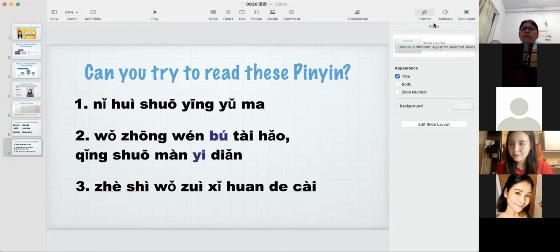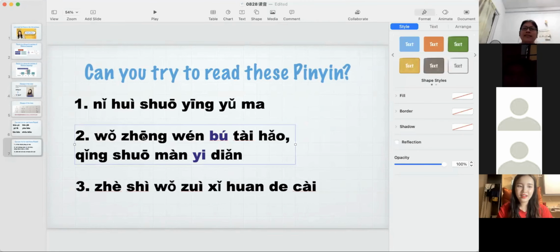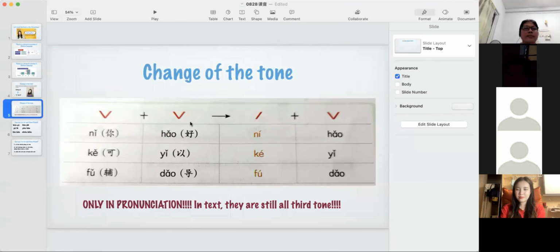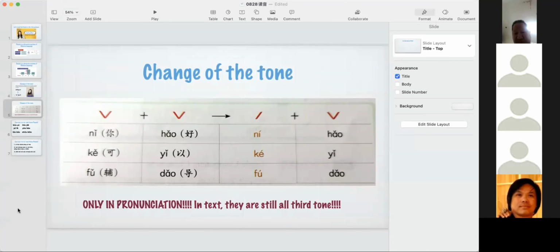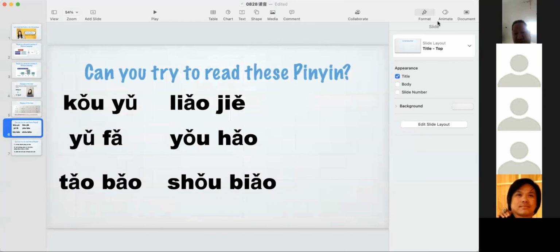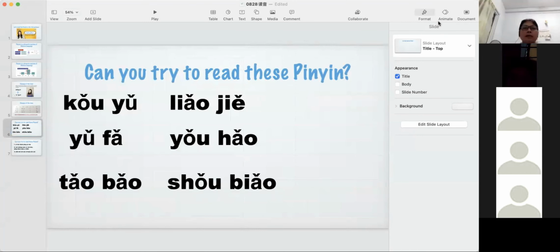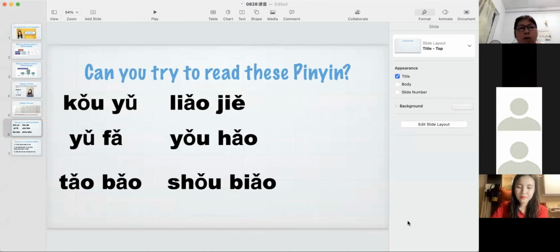For Tintin, can you unmute yourself? 你好，老师。Did you see this part? Can you try to read this pinyin? 老师。口语。